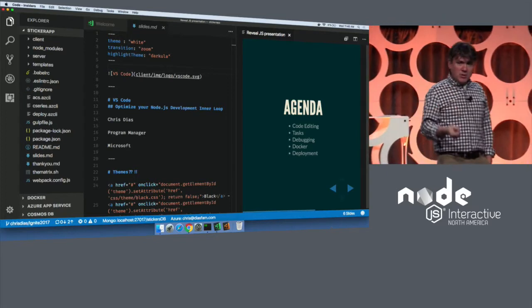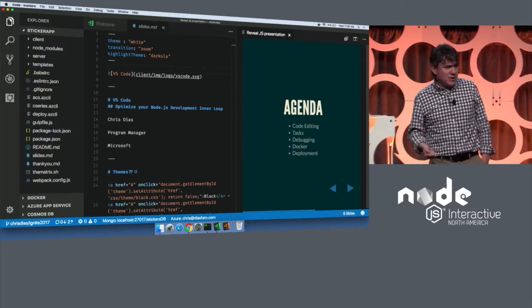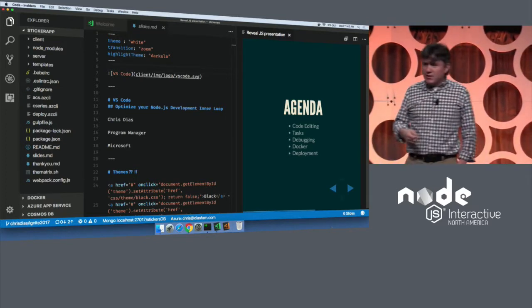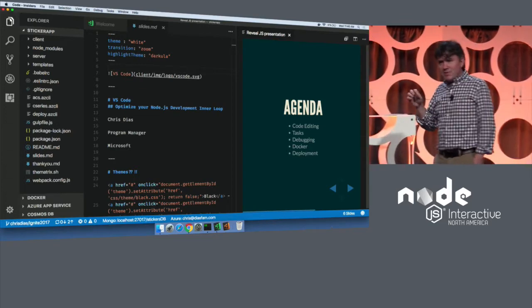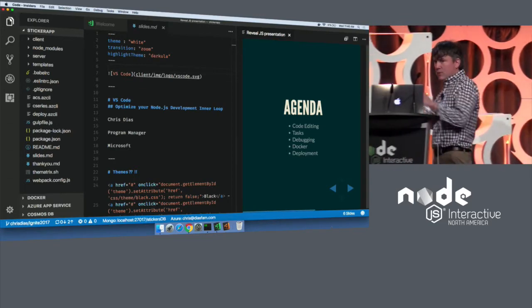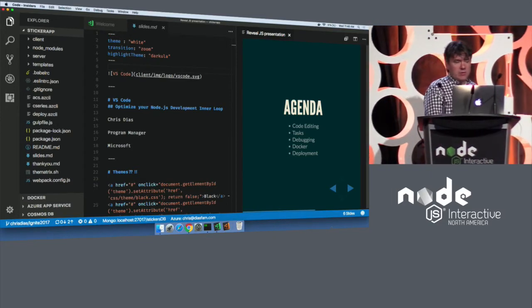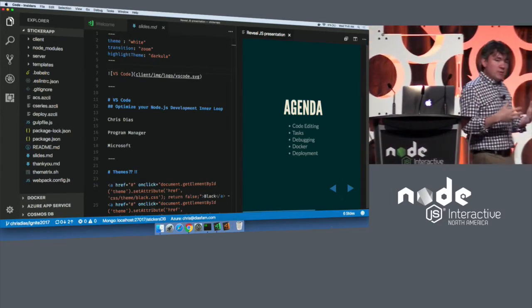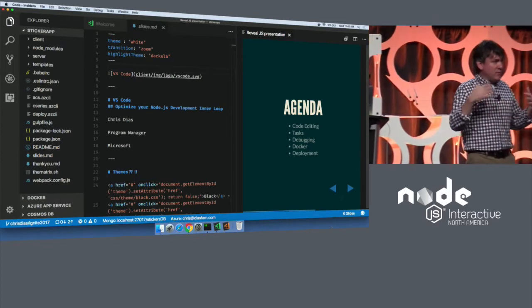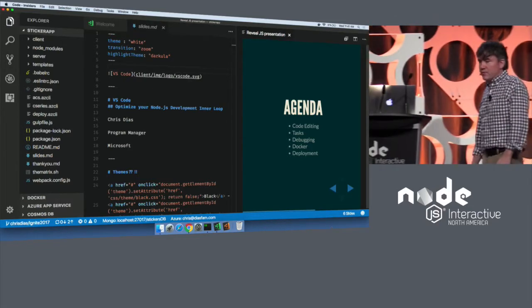So that's what our agenda is today. We're going to talk a little bit about code editing and TypeScript and type checking and some refactoring stuff. I'm going to try to show you what you can do with tasks. Tasks are this thing that let you loosely integrate other tools in your tool chain together with VS Code. Lots of tips on debugging